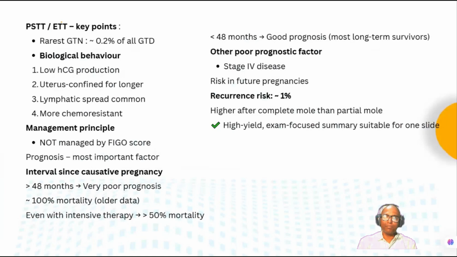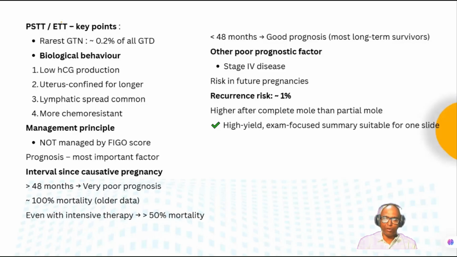Okay. So management principle, they are not managed by the FIGO scoring. In prognosis, the important factor is the interval since the positive pregnancy. So in PSTT and ETT, it is the interval since the positive pregnancy. If it is diagnosed after 48 months of the pregnancy, then the prognosis is very,